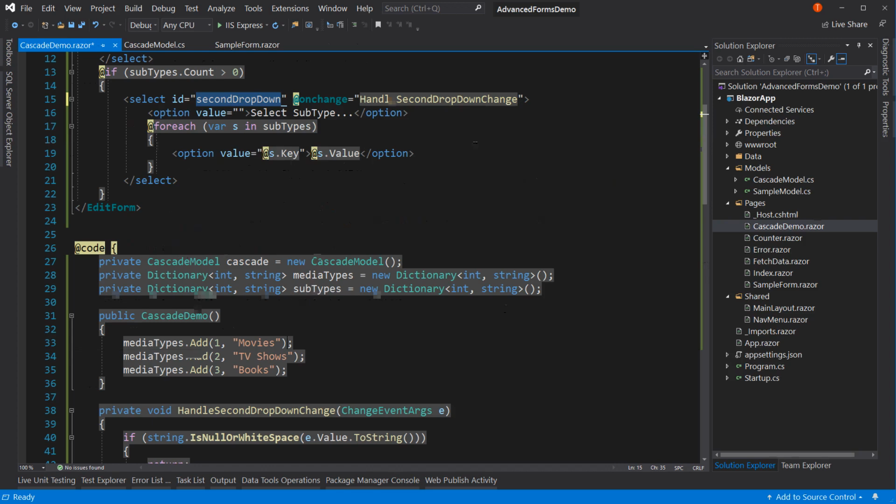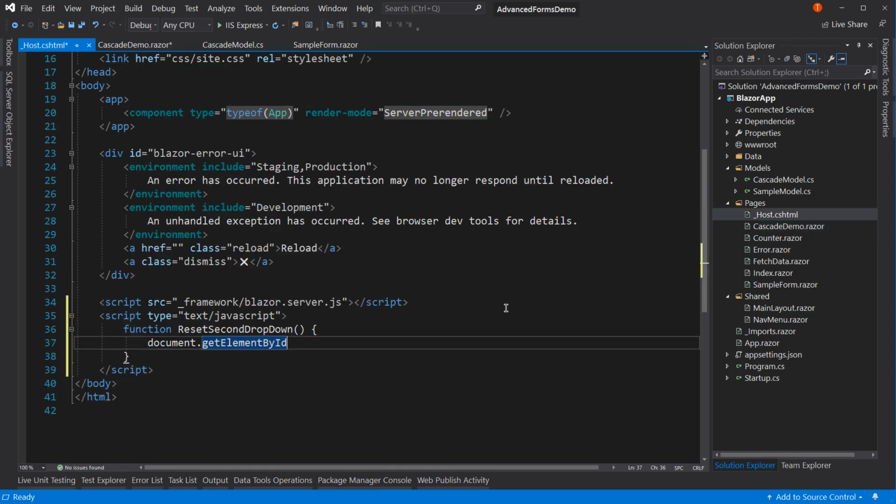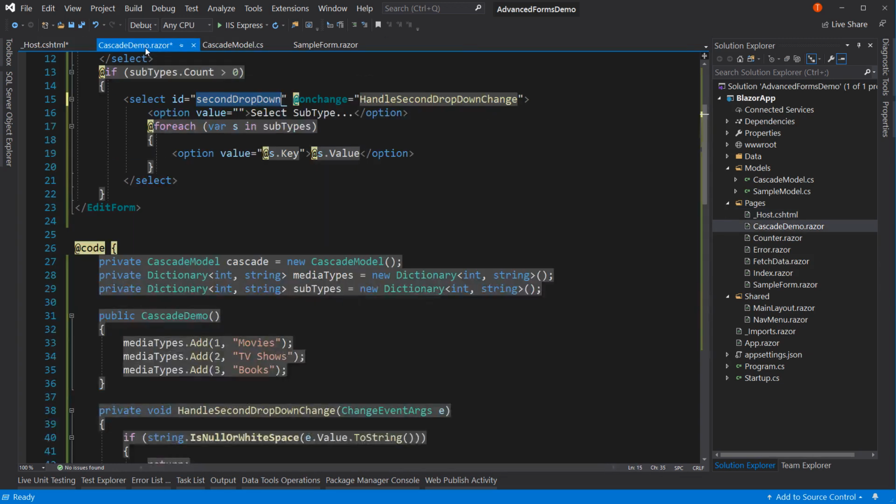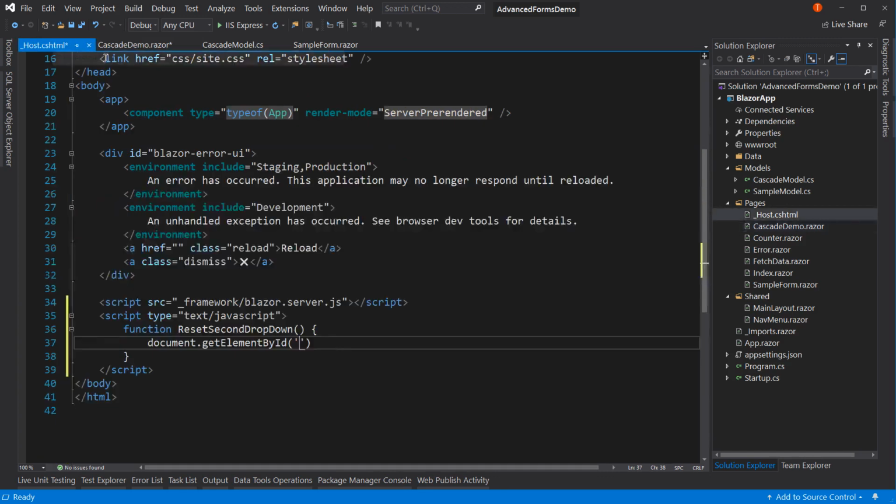But really, if you're just using jQuery for selection, then you probably don't need jQuery. This is the pure JavaScript, no third-party libraries, no other scripts needed way to select something. So get element by ID, and we called this, I believe, second dropdown. I'll copy that and paste in there. Notice the single quotes, not double quotes. That's the typical JavaScript way of using strings. So get element by ID, second dropdown, and we're going to say selected